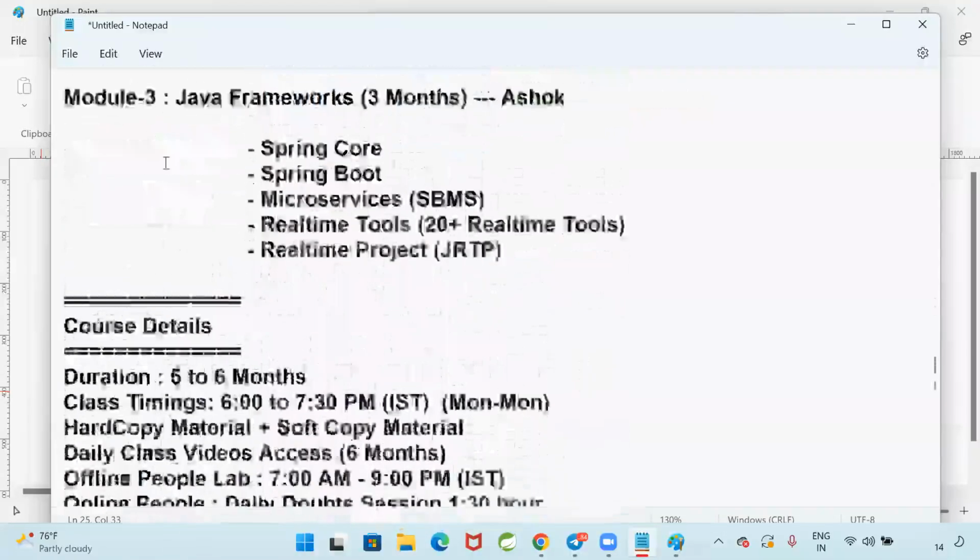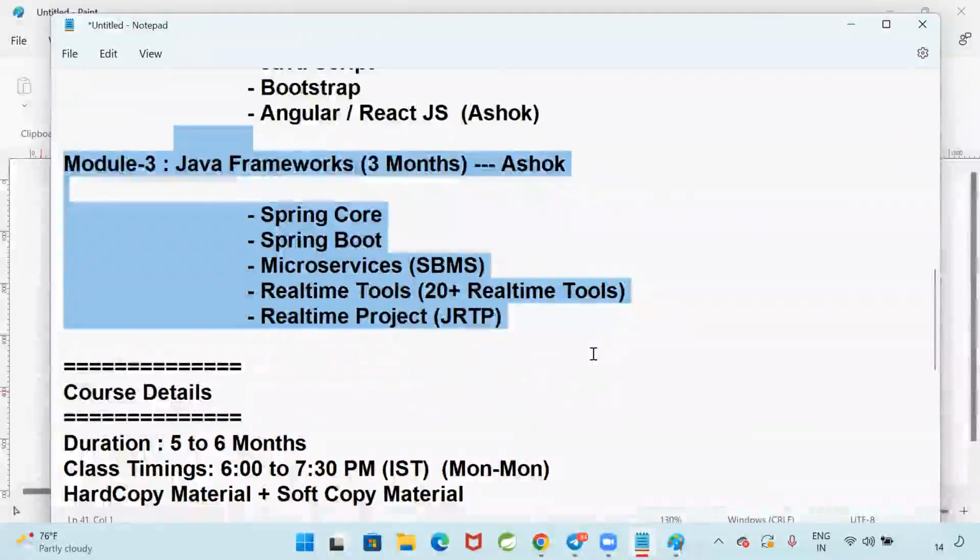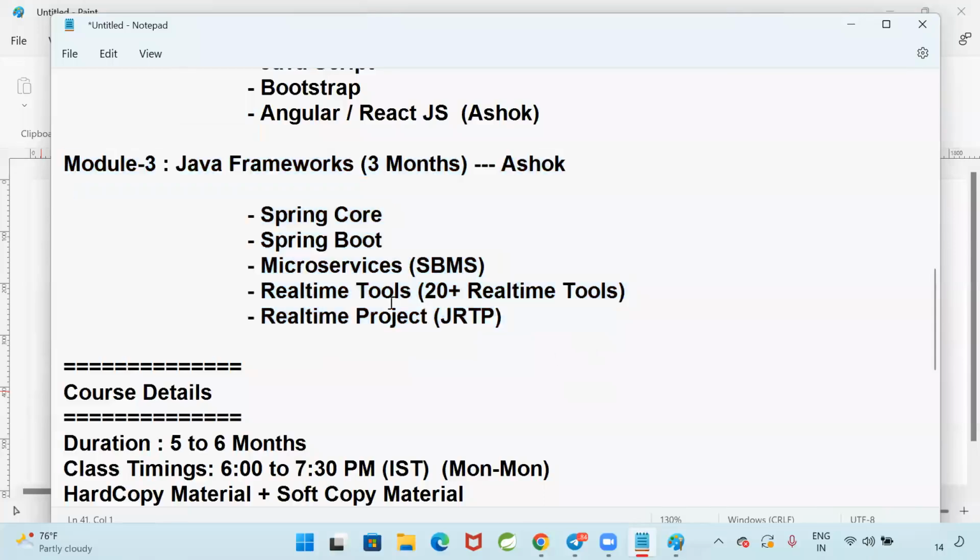When it comes to module 3, daily 2 sessions. Daily 2 sessions, because to be frank, my Spring Boot microservice will take 3 months of time. My real-time project will take 3 months of time. So that's why within 3 months I cannot complete both. You need to attend morning 1 class, evening 1 class. Both you can attend parallelly. Spring Boot microservices, real-time project you can attend parallelly. 3 months we can complete both.